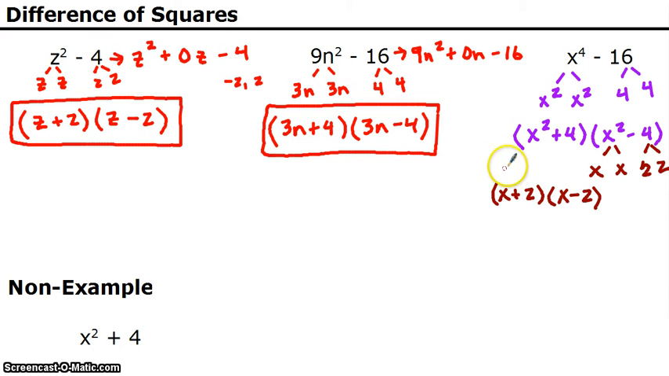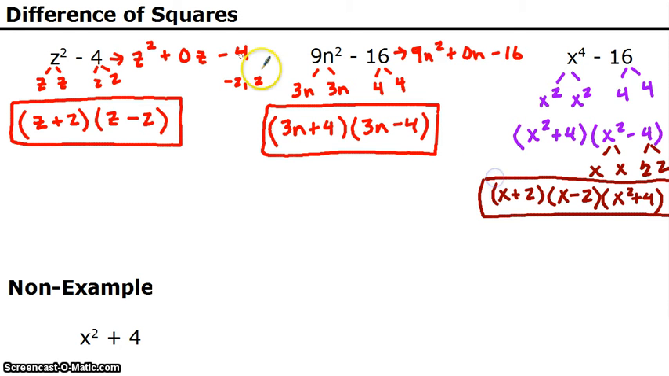All right, and let's talk about this non-example here. It's actually the same thing that we have in this problem. Okay, you cannot factor x squared plus 4. That's not a difference of squares. Notice the word in the problem is difference, not sum. Okay, so a difference of squares means it has to have a minus sign. It can't have a plus sign. And the reason for that is